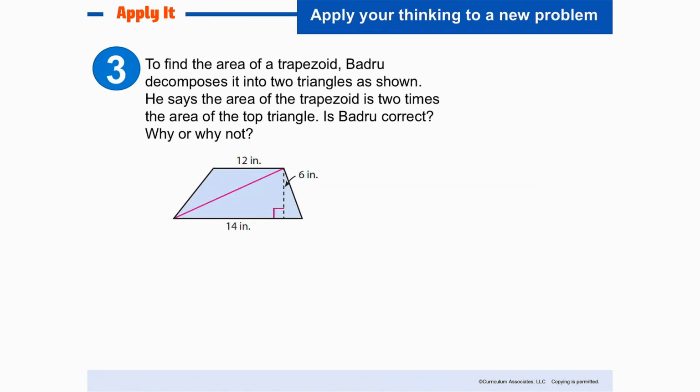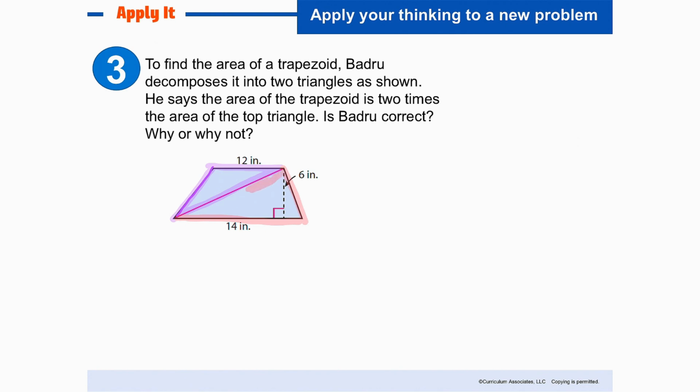Looking at number 3, it's trying to see if this student Badru, if he decomposes it into 2 triangles, if he were to draw it right here, we're not actually solving this problem. We're just looking to see if this student did the problem correctly. So here's his first shape, this purple triangle. The second shape that he has cut out